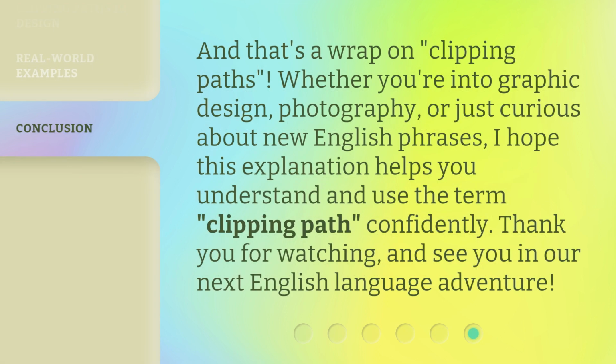And that's a wrap on clipping paths. Whether you're into graphic design, photography, or just curious about new English phrases, I hope this explanation helps you understand and use the term clipping path